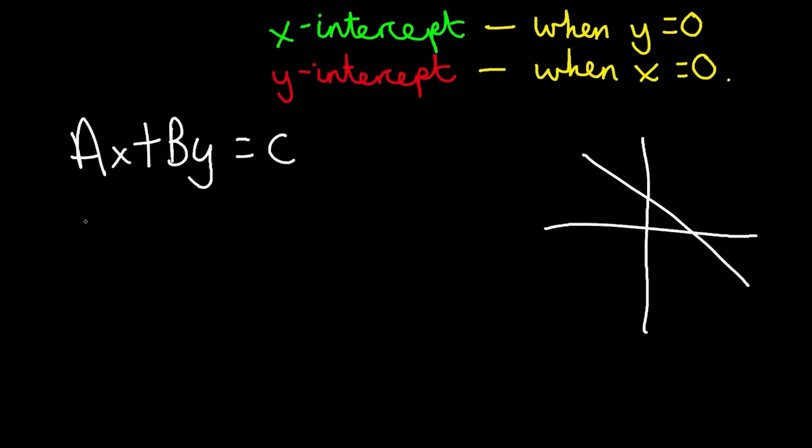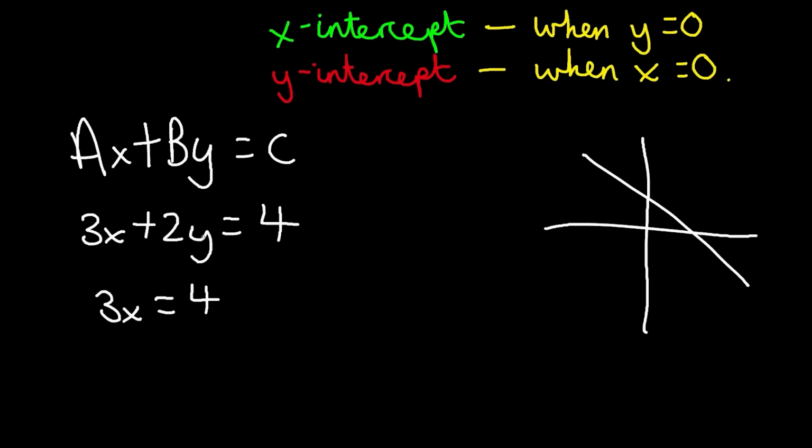So if we have, say, 3x plus 2y is equal to 4, then if we set y to 0, we'll find the x-intercept. So 3x is equal to 4 because y is 0. So x is equal to 4 over 3. So y is equal to 0, x is equal to 4 over 3,